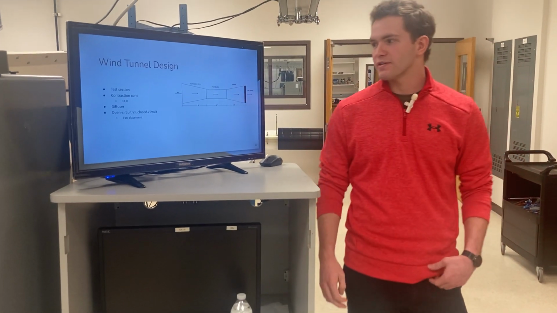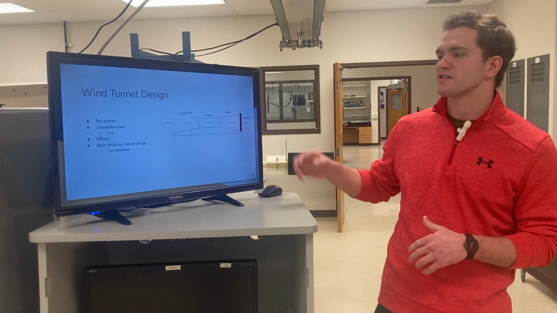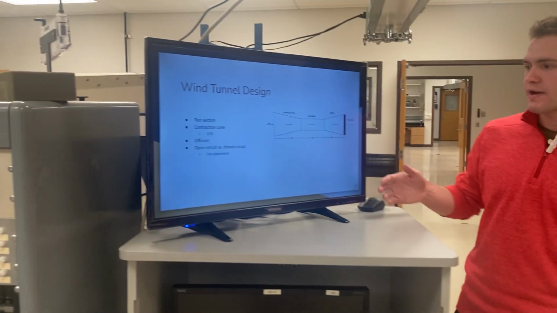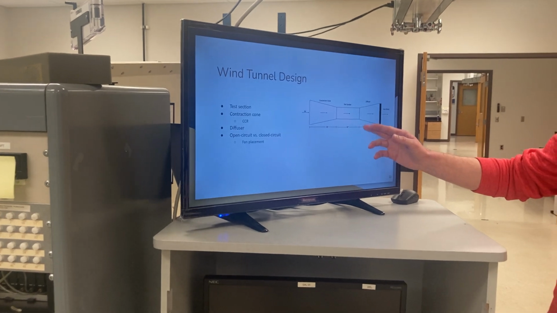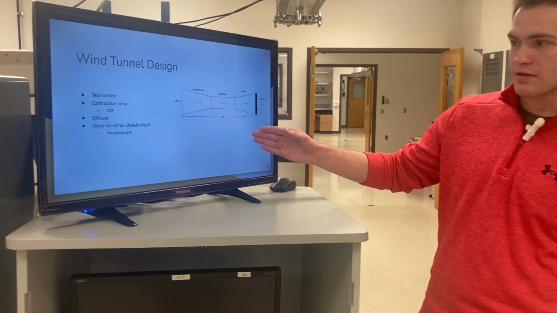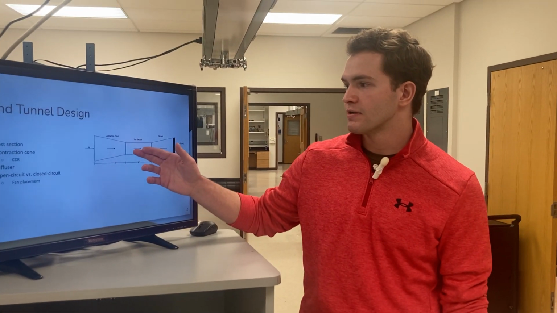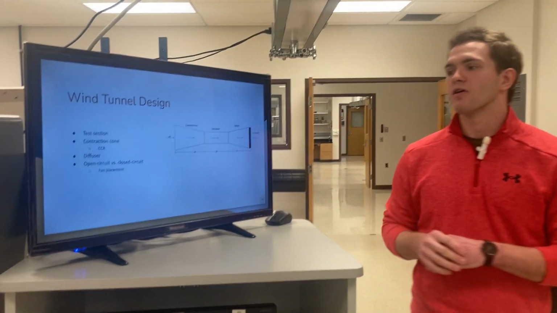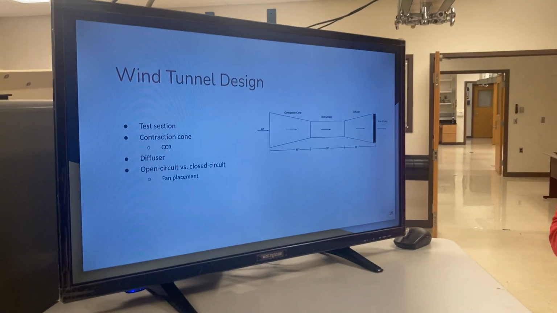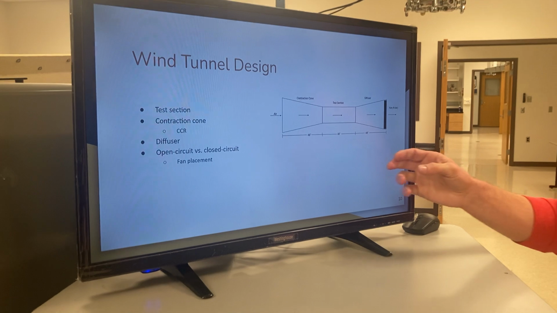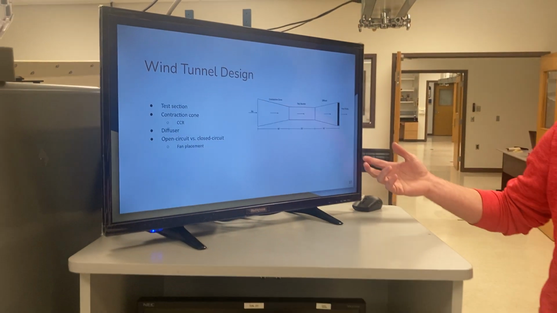So a little about wind tunnel design. I have some more slides explaining each part. But overall, you have your test section in the middle here, which for mine was 30 inches long. You have your contraction cone. And there's this thing called the contraction cone ratio, which I will explain more about later as well. And then you have your diffuser, kind of like the exit,